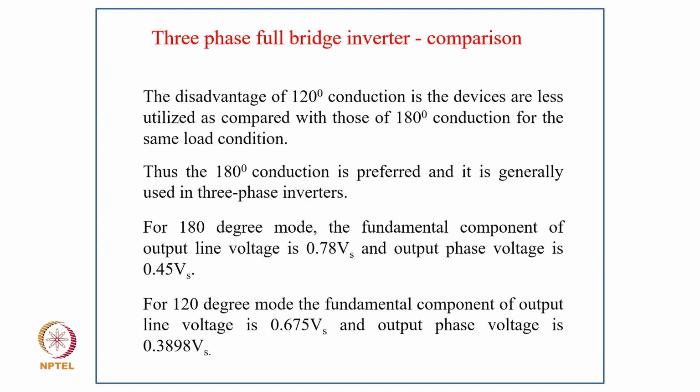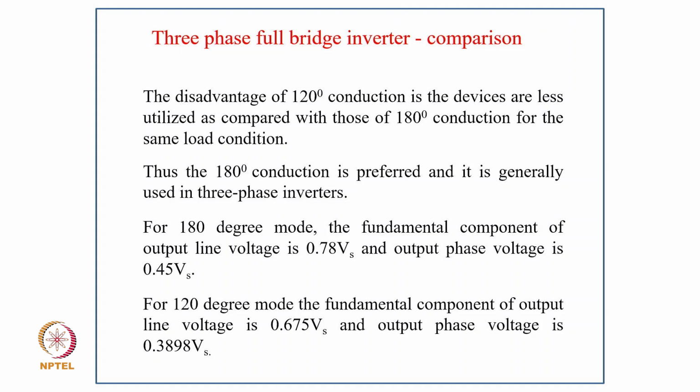And now, the three-phase bridge inverter, in comparison. The advantage of 120 degree conduction is that the devices are less utilized as compared to those of 180 degree conduction for the same load condition, and thus the 180 degree conduction is preferred and generally used for the three-phase inverter. So for 180 degree mode, the fundamental component of output line voltage is 0.78 Vs